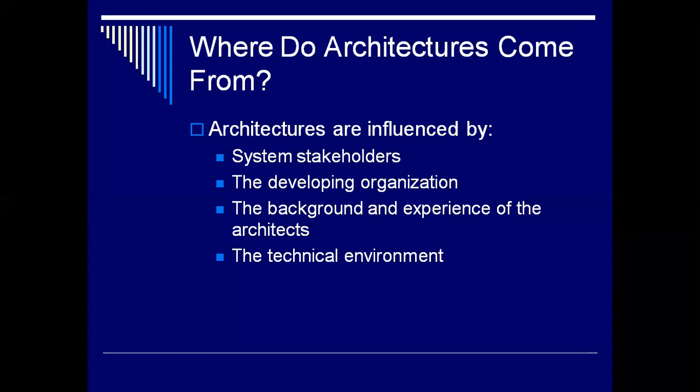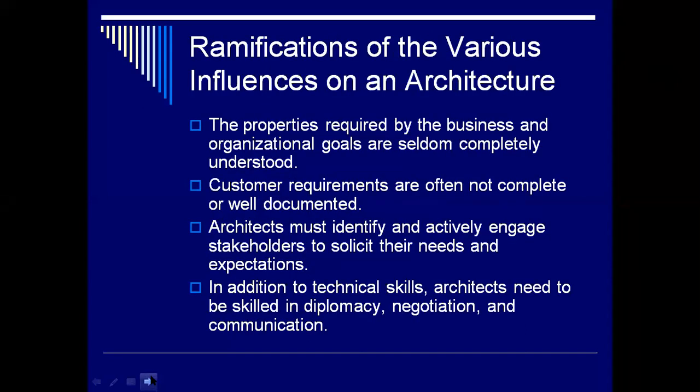Again, we will move in depth into these three components: stakeholder, development, and the technical environment. Right now remember, architecture depends on three basic things: system stakeholders, developing organization, and the technical aspects. Okay, so then next,